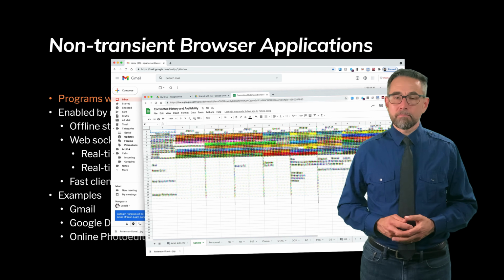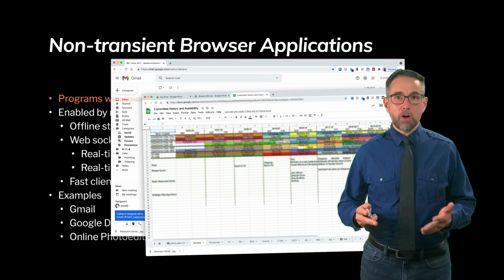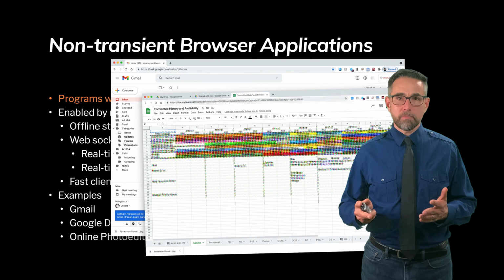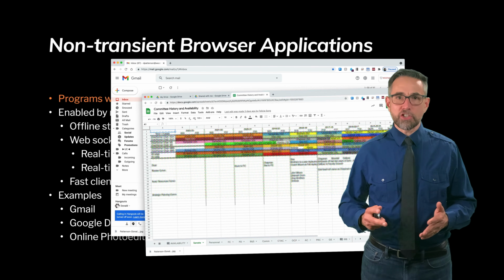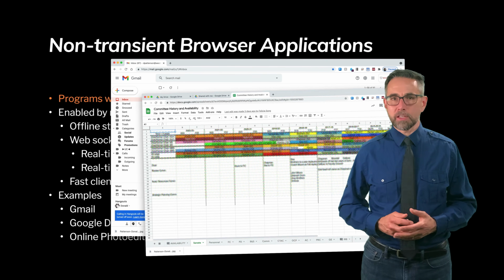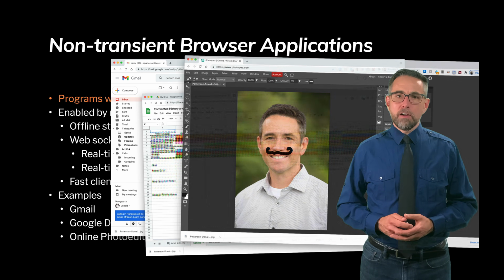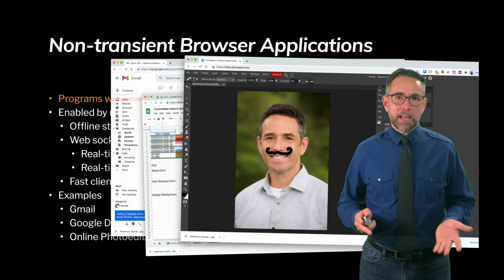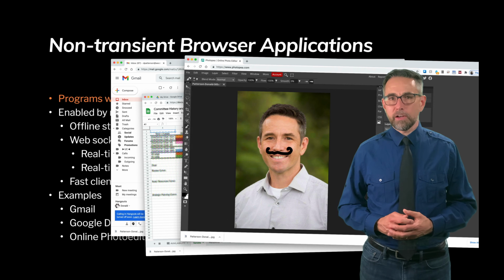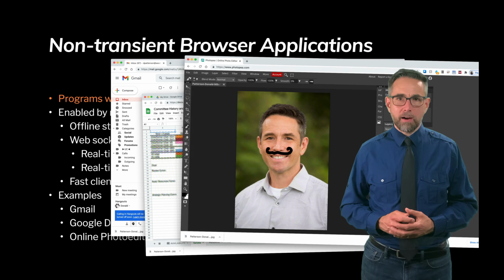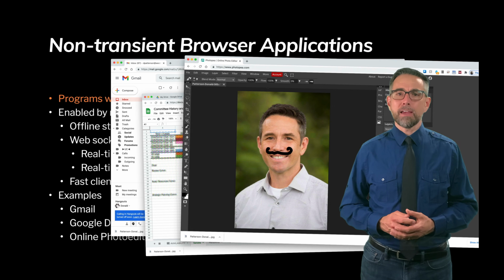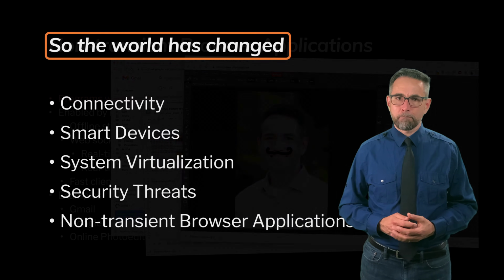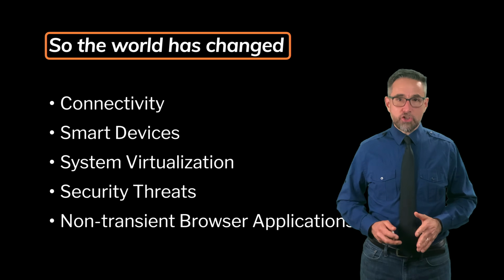Likewise, Google Docs. Excel and Microsoft Office used to be native applications and are still in heavy use, but in competition with cloud-based spreadsheets and cloud-based word processors like those in the Google Workplace suite. Finally, there are different kinds of applications like online versions of Photoshop-style software. These are applications that you traditionally wouldn't expect to be housed in a browser, but now can be because of the power of those browsers. So, the world has changed.